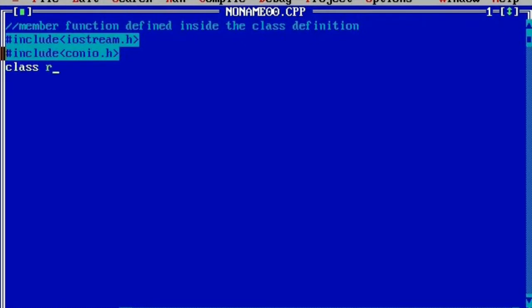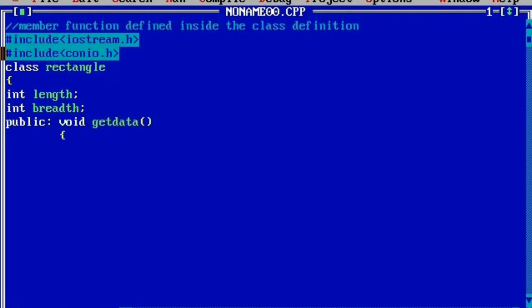rectangle, curly open brace, and here we are going to declare two private data members, that is int length, then int breadth, and public member functions as void get data, curly open brace.